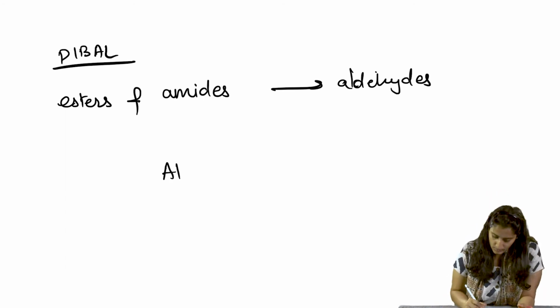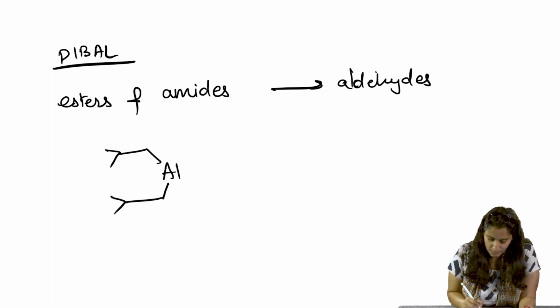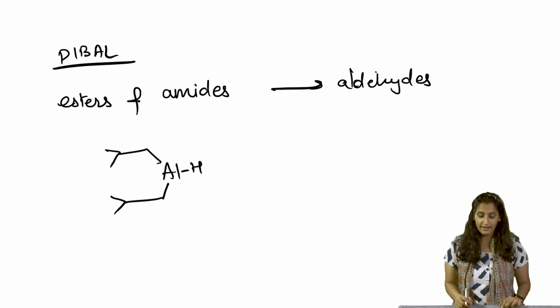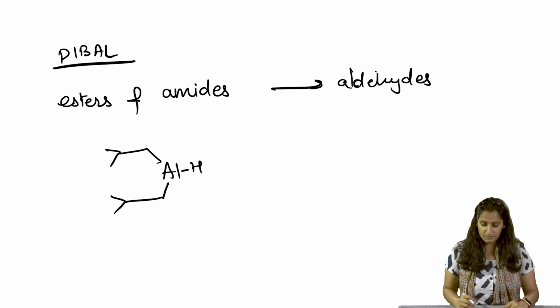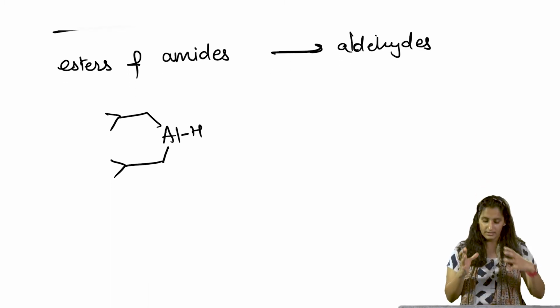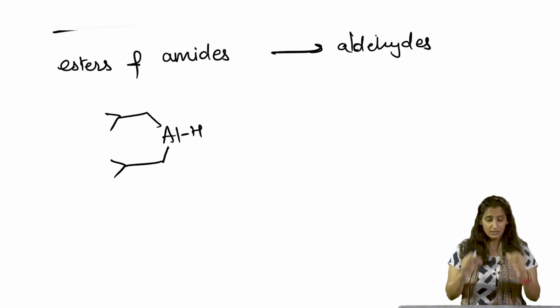So, DIBAL, let us look at the reagent. This is diisobutyl aluminium hydride. Remember, in the case of LiAlH4 you had 4 hydride ions, now in this case you have 1 hydride ion per molecule of DIBAL, and that is why it becomes bulkier, so it does not do very quick reactions, and they stabilize basically the hydride. It exists as a bridged dimer, and the reaction that it does is somewhat like this,